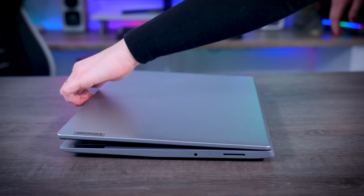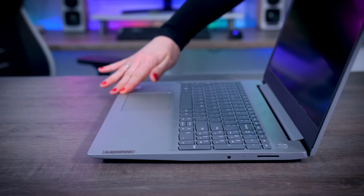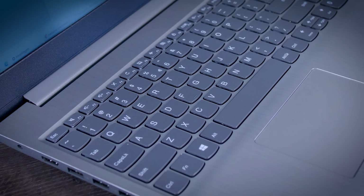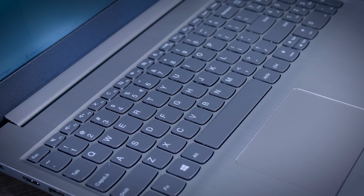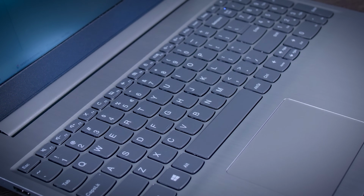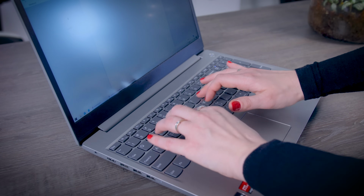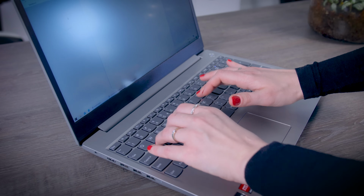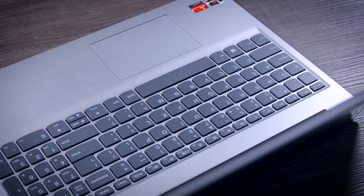You will need two hands to open it up, and that gets you to what's one of the nicest budget laptop keyboards I've seen so far. It does look a bit old school with a large font and no backlight, and it even feels a bit old school with a long travel distance and that clickety feeling, but that actually makes it extremely pleasant to type on. Now, I normally use mechanical keyboards, and I found this to be easier to get used to than most